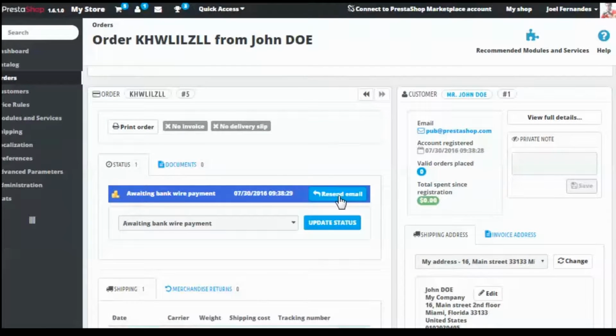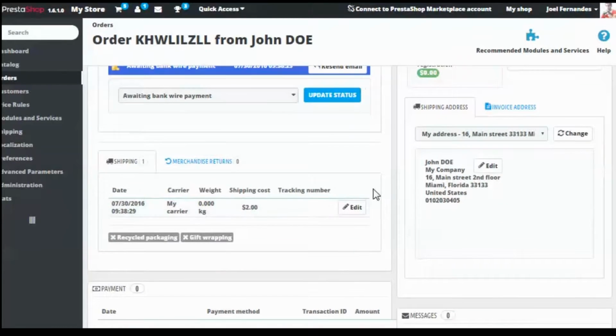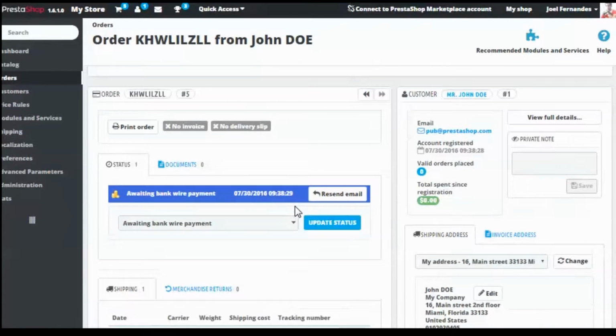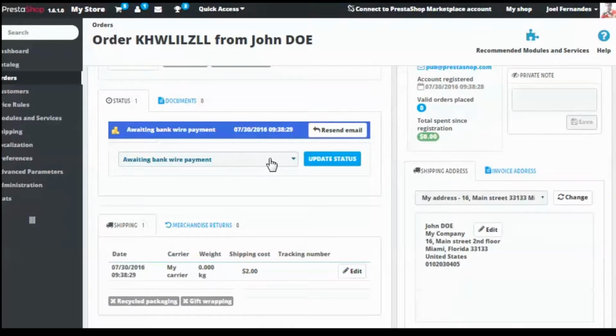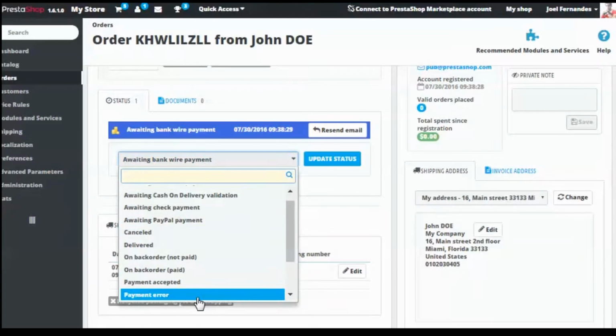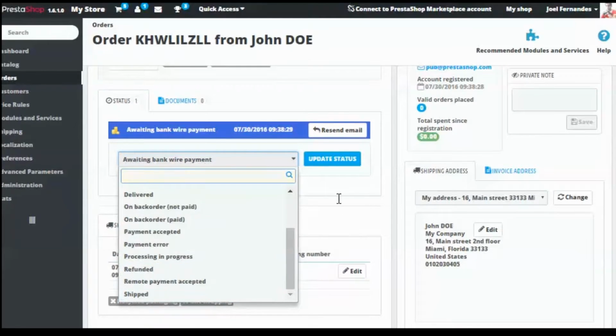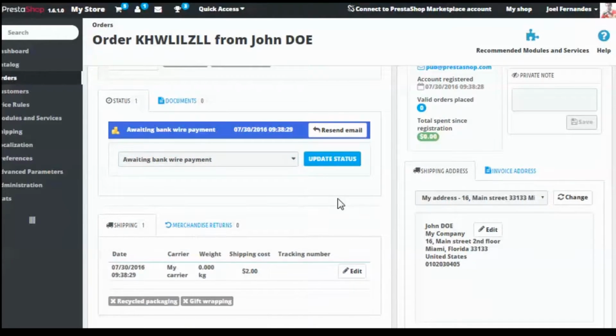dashboard for the order. Okay, I don't know what this is called, but it will show you the order in more detail. There are some options, like you can update the status for an order. Suppose an order is already made and the payment has been accepted, you can click on payment accepted. The customer will get an email saying that the payment was accepted. This is a very good way to keep your customers informed.